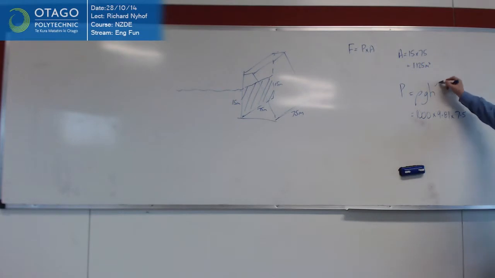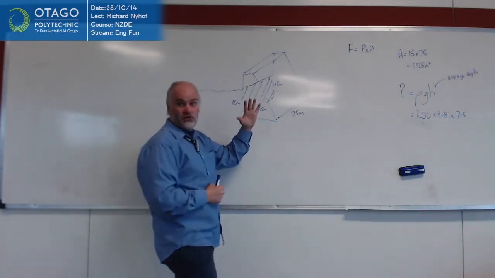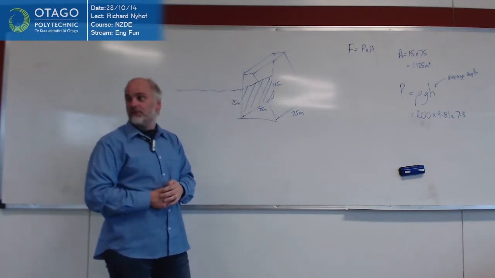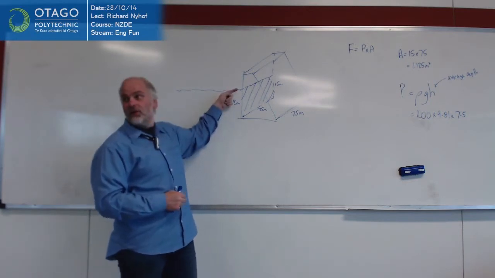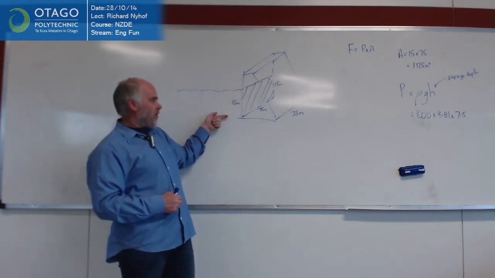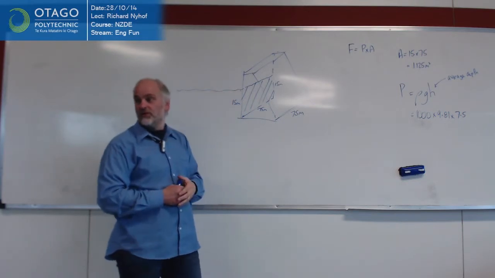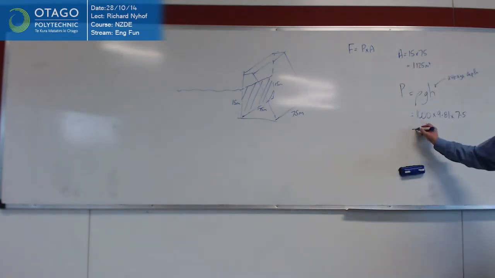So the h here has got to be the average depth. If we're trying to find out what the pressure on the surface is, on a vertical surface, then you've got to get the average depth. Well, because it's much bigger pressure at the bottom than it is at the top. So when you're looking at across this whole surface, it's not fair to say it's the full 15, because it's not at the other points. So you've got to take an average pressure. So only 7.5 metres. And Scott's busy pushing some buttons on the calculator and going to tell me that it's equal to